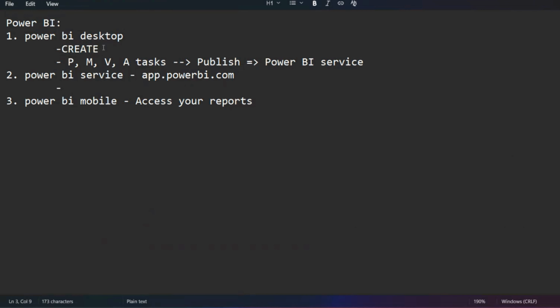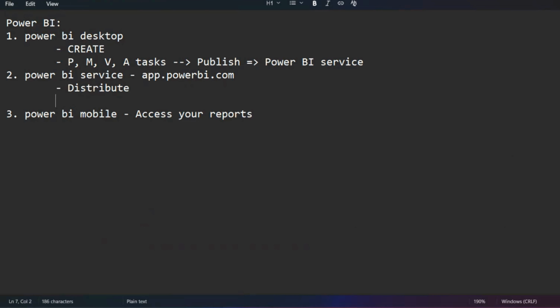If you are able to create using your Power BI Desktop, that means I can perform all of these tasks that are required. But in terms of your Power BI service, you are responsible for distribution. And when we try to distribute things, you have access to visualize, analyze, and manage. So be really sure that these are the three tasks that you can easily perform inside your Power BI service